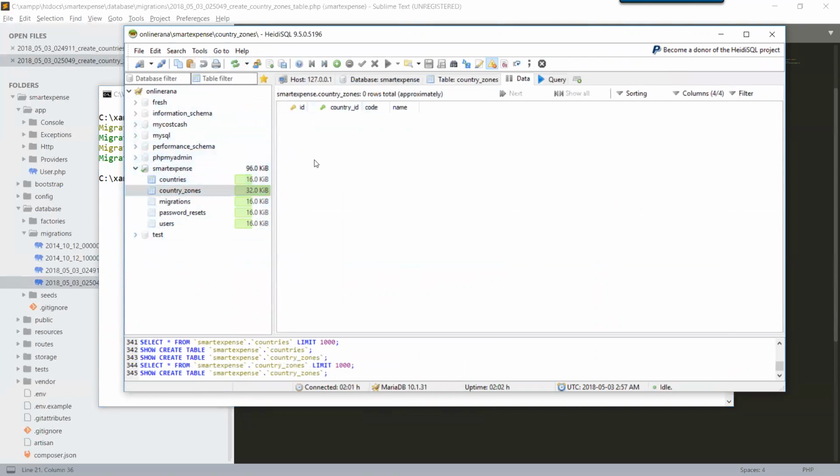So we have now created the two migrations, and after that we have to make some changes to the user model, and also we will create a model for country and zone. When we have created these things, we will switch to our sign up and login form and check the login and registration controller, and how we can add and access our fields. So stay tuned.